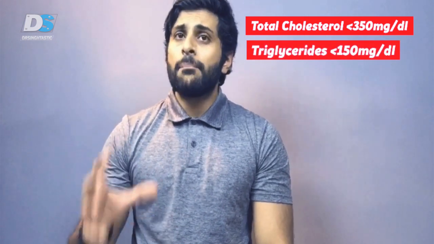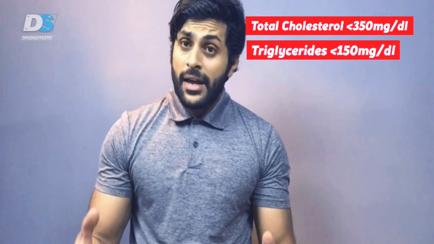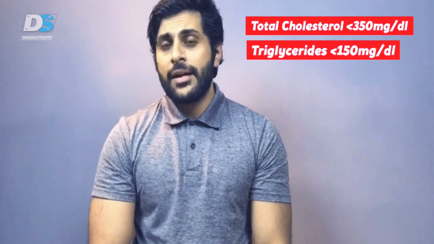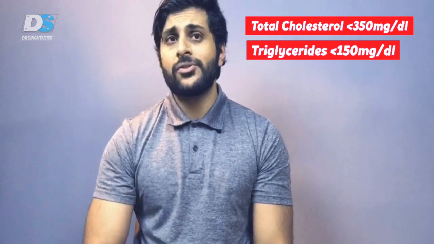So guys, I'm considering that you have a lipid profile in your hand right now. So the first thing that you would be doing is looking at the total cholesterol. Now, if it happens to be under 350 milligrams to a deciliter, then it's totally fine. Then you move on to the next one, and that is the triglycerides. So what is triglycerides? They are blood fats. They are synthesized either from your sugars or carbs. Now, if you have low triglycerides, then it goes to say that you have been controlling your diet pretty well. So everything good so far.